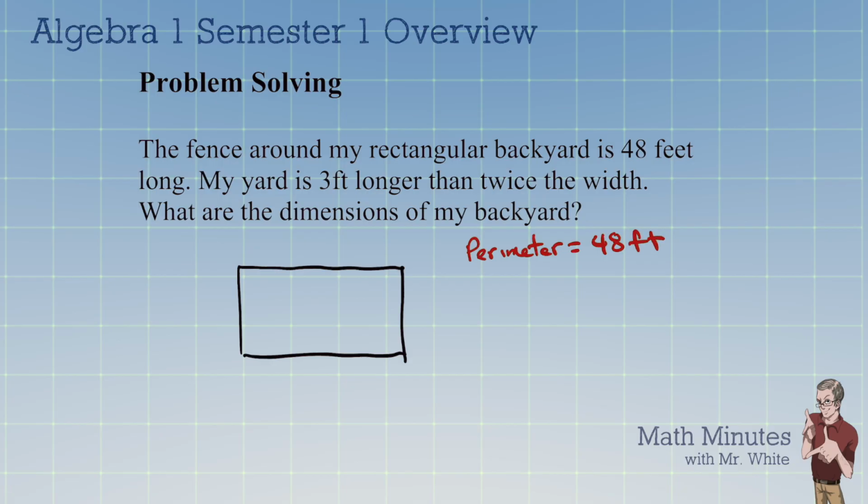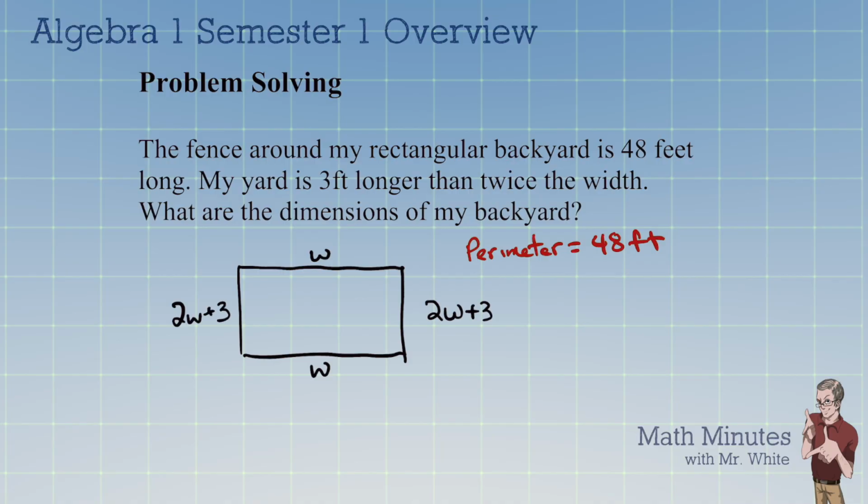My yard is 3 feet longer than twice the width. Okay, so if this is the width, my yard is 3 feet longer than twice the width. So one side is W, and the other side is 2W plus 3, because that's 3 more than twice the width. All right, so this top here is W, and the left side is 2W plus 3, because this is a